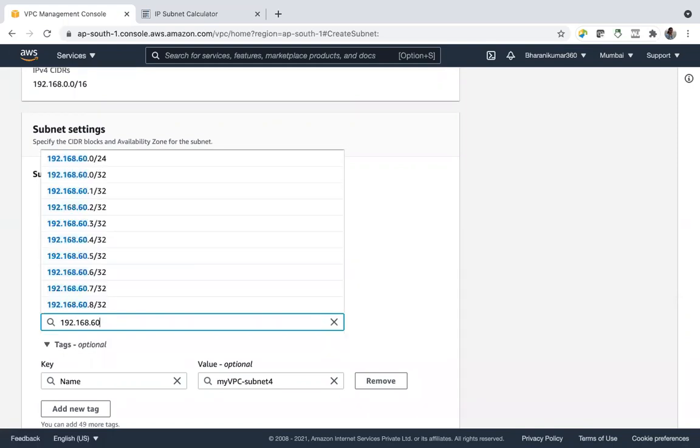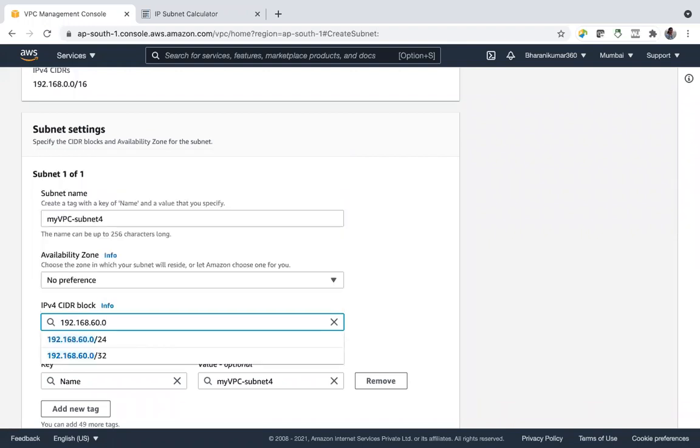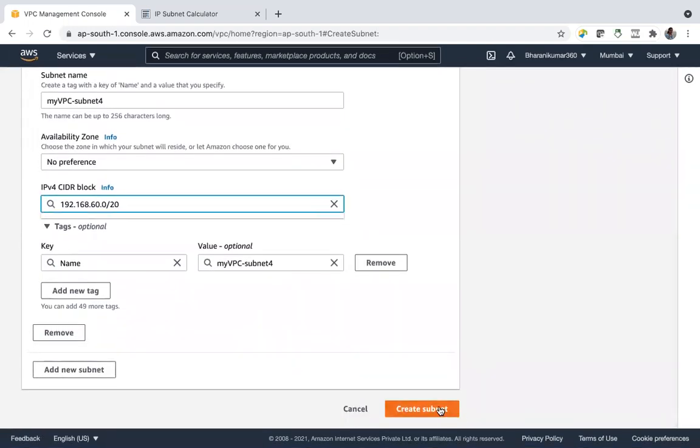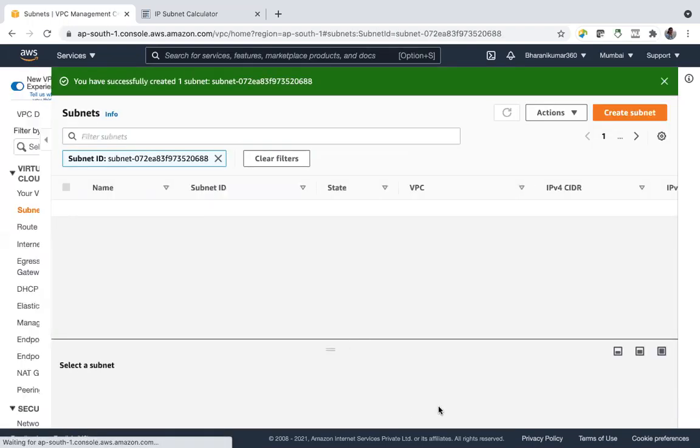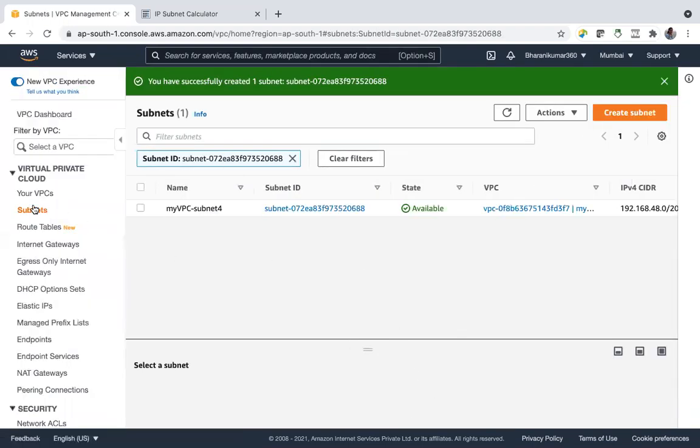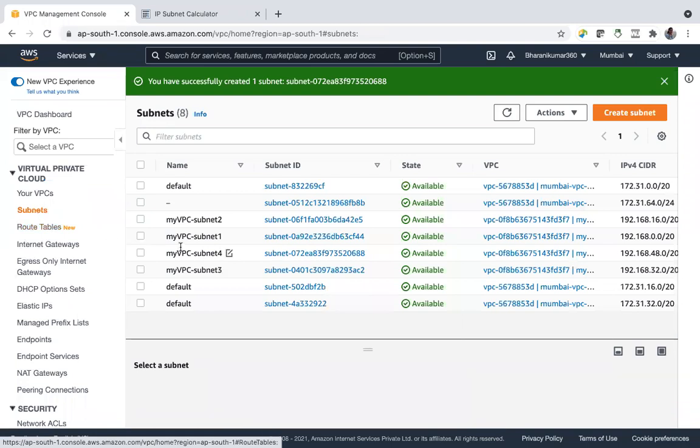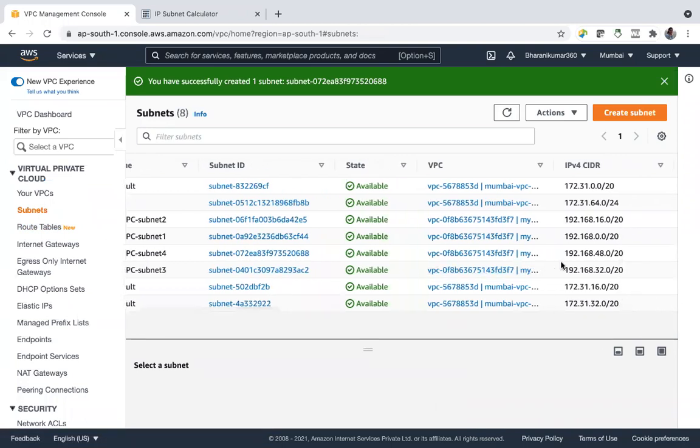Let's try with 60. Yes, ma'am. 0/20. It took 48, subnet for 60. It took 48.